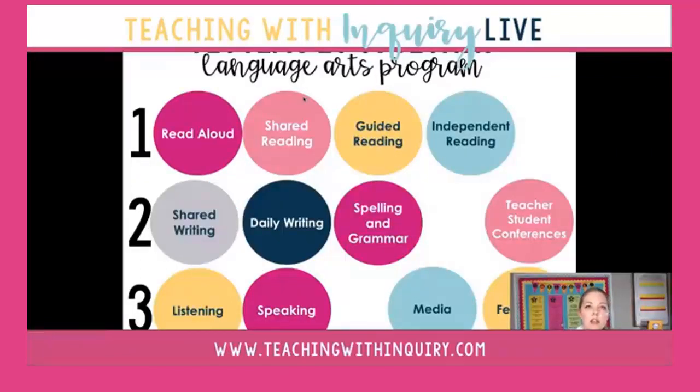So one is I look at my reading expectations and I'm using a gradual release of responsibility model. So I want to look at my read aloud, shared reading, guided reading, and independent reading tasks. And I definitely look at that as being a gradual release. So I have my modeled reading, which is my read aloud that I do every single week.